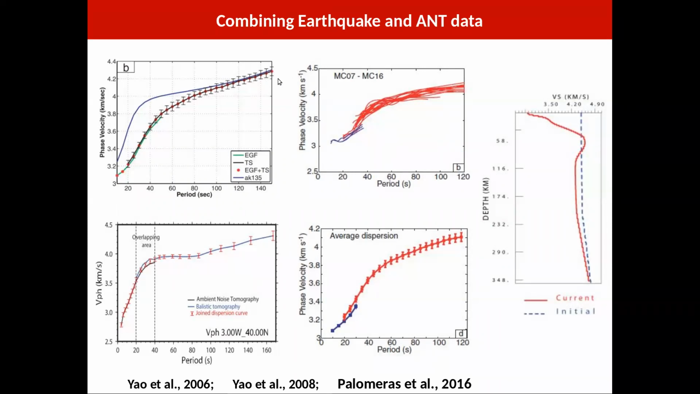Combining the data is the case where you have, because the ambient noise is giving you a dispersion curve, okay? And if you record an earthquake, the surface wave part of the signal is also giving you a dispersion curve. So in this case, it's almost the same data. So you don't do a joint inversion, but you combine the data. So let's say, remember I said that the